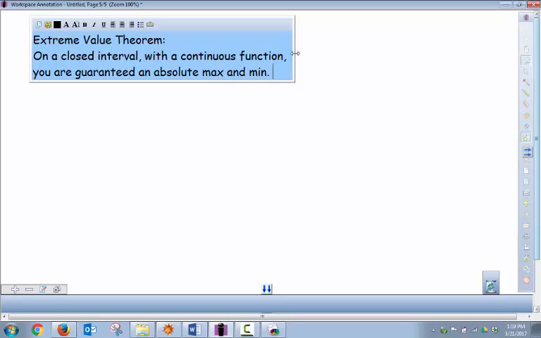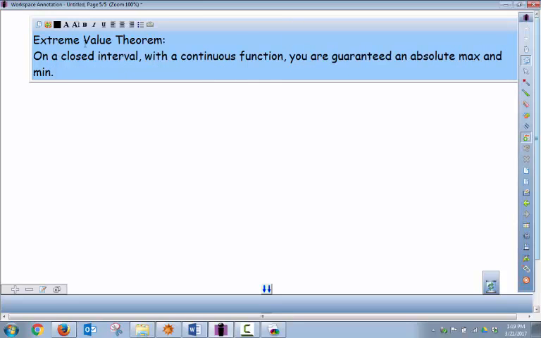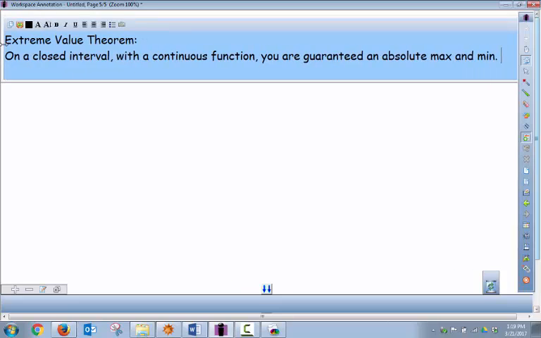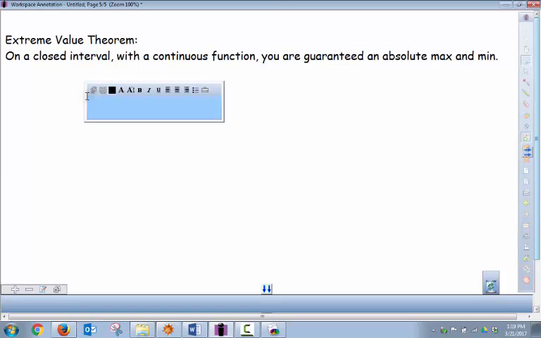So extreme values, you're guaranteed that you'll find an absolute max or min. There's a lot of interesting theory about that, but let's go past the theory and just remind ourselves that in Calc 1,